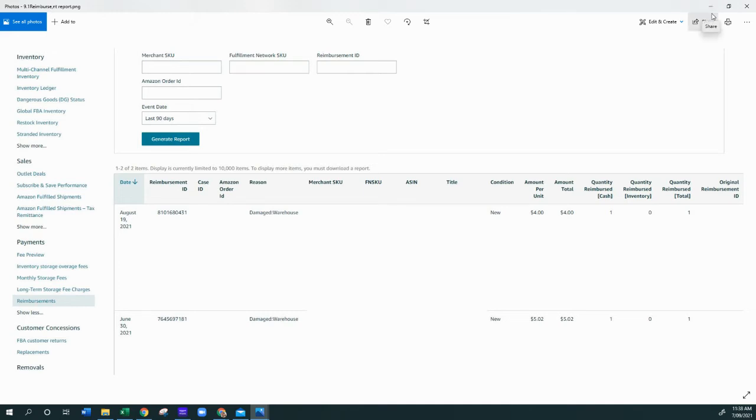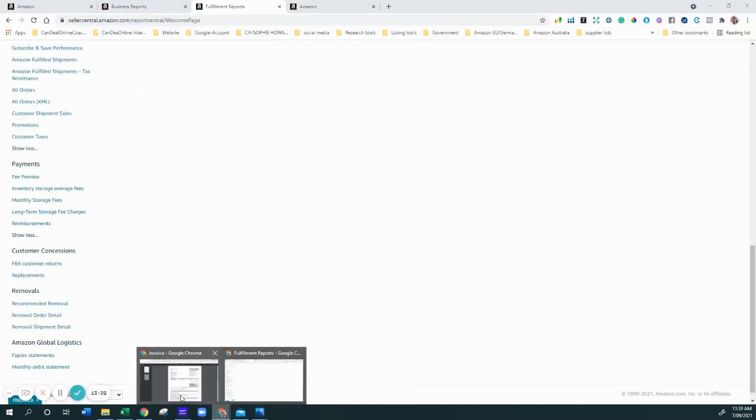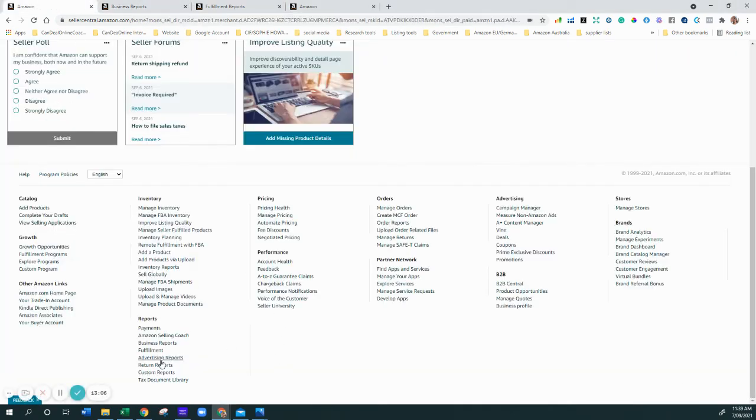We also had some returns. What are we going to do with returns? How do we get to the return report? Same way. Here we go. You go to the fulfillment reports, and then you get to the return reports down here. Important: return reports